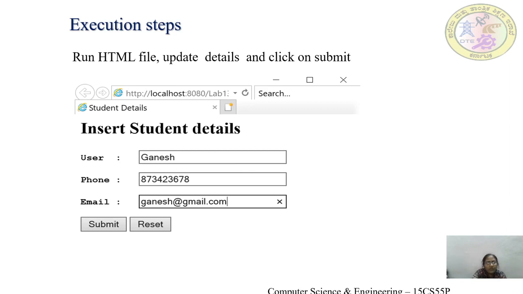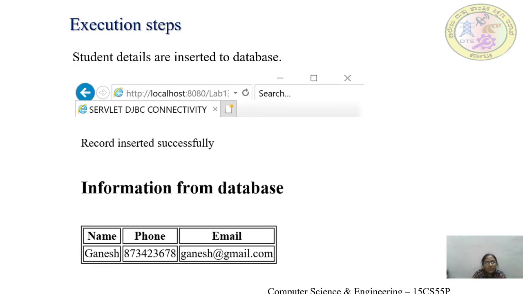When I click on the submit button, it calls a servlet called p13.java which connects to the database, inserts the student details into it, then reads the records from the database, then displays the same in the form of a table to the requesting client. So when I click on submit, it has to show me the information that records are inserted into the database, and the same thing we are inserting, reading from the database and displaying onto the screen.